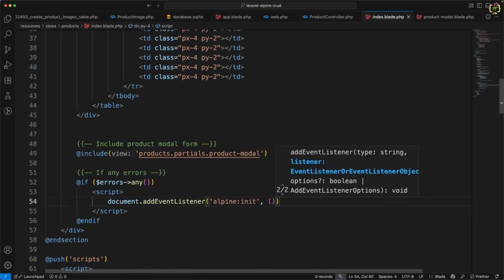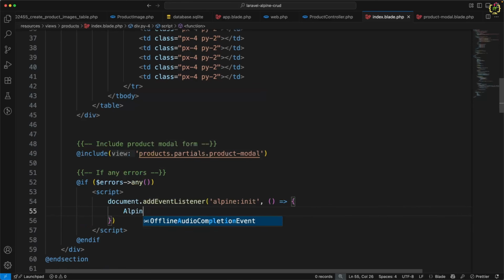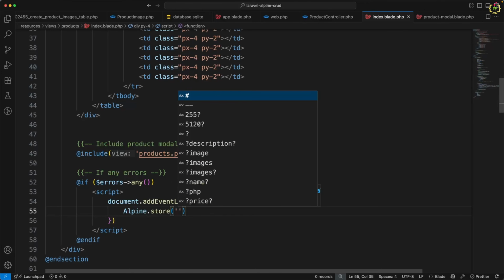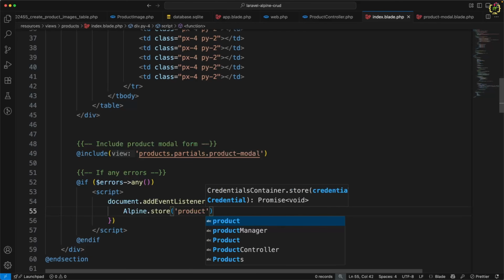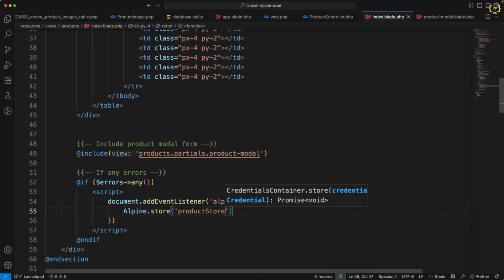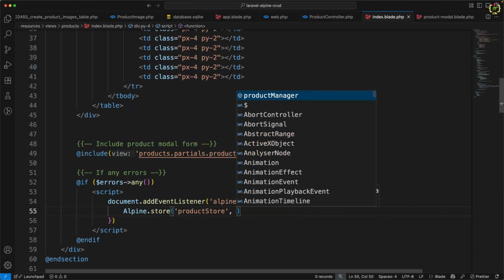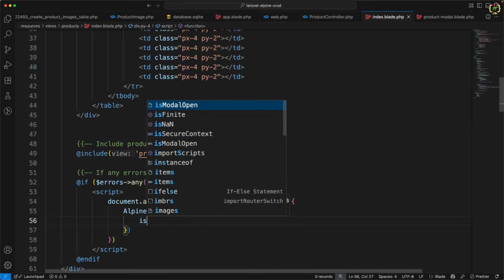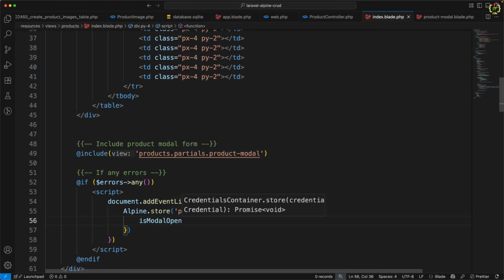And inside this callback, I will use Alpine.store, in which we will store the value. So I will set productStore as a key, and further inside that, I will just set the modal flag